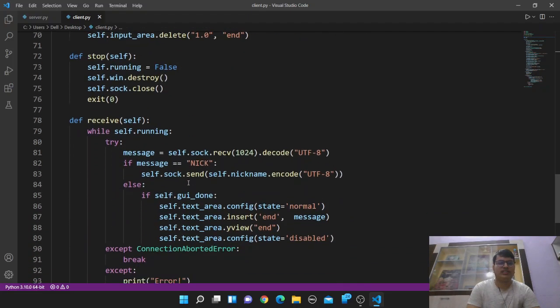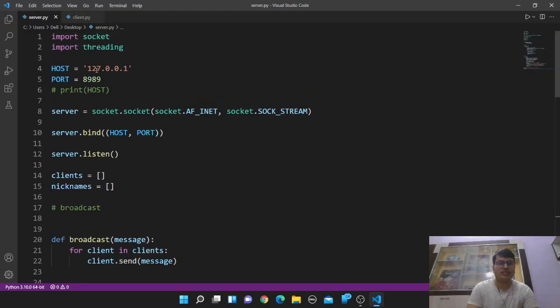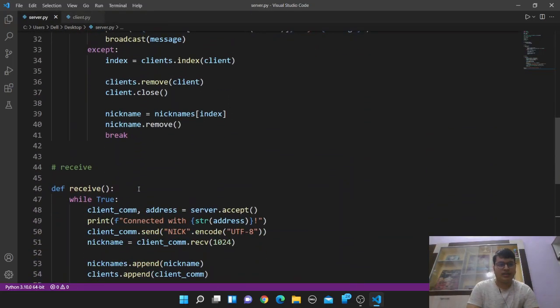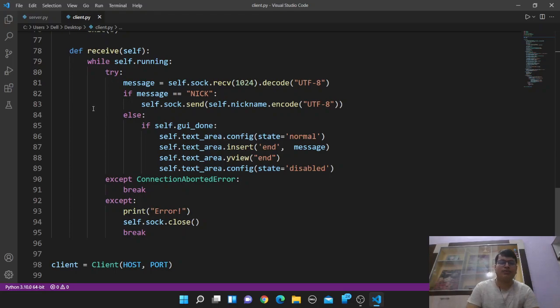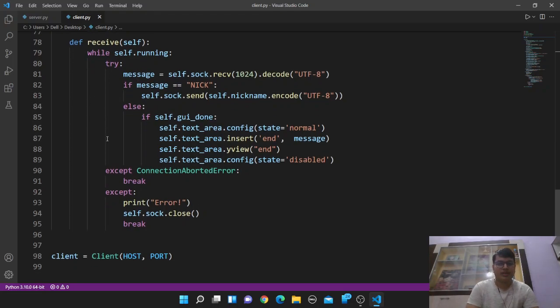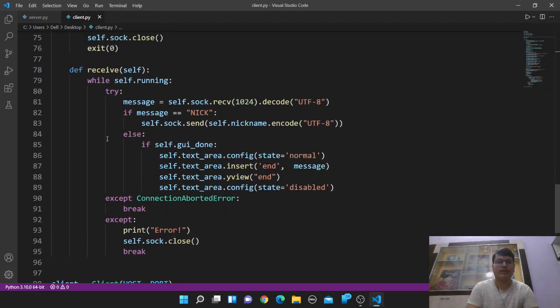Now we have defined the receive function. Now this receive function is different from the receive function we have seen in the server part. In the server part, the function of this function was to accept the incoming connections, but here in the client part, the function of this function is to accept the messages from the server.